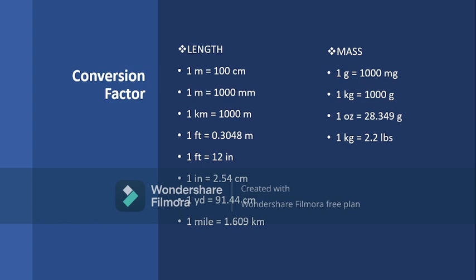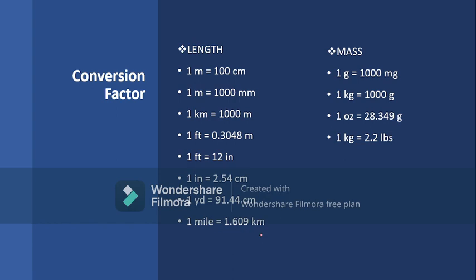Here, there are several conversion factors in terms of the length. We have 1 meter, which is equivalent to 100 centimeters, 1 meter, which is equivalent to 1,000 millimeters, 1 kilometer is equivalent to 1,000 meters, 1 foot is equivalent to 0.3048 meters, and 1 foot is equivalent to 12 inches. Then 1 inch is equivalent to 2.54 centimeters, 1 yard is equivalent to 91.44 centimeters, and 1 mile is equivalent to